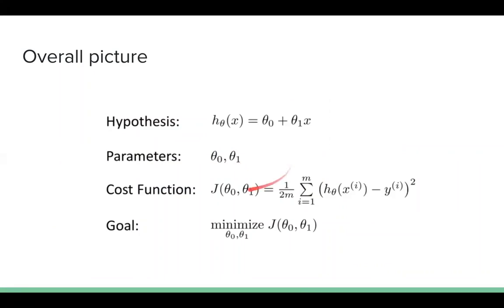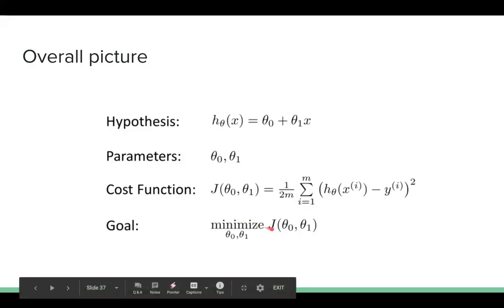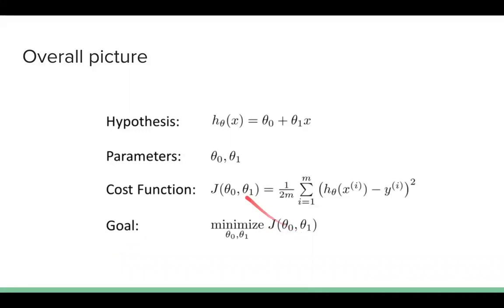And what is the cost function? The cost function is nothing but the mean squared error. We take the difference between the predicted value and the actual value, square it, and divide by the number of samples. Please understand that dividing by 1 by n and 1 by 2m are both the same. That is basically probability and estimation, so I don't want to touch upon that. But in order to take the average, you can do 1 by 2m, where m is the number of samples. So what is our goal? Our goal is to minimize this J of theta 0 comma theta 1. That means our goal is to minimize the mean squared error. That is our complete idea.